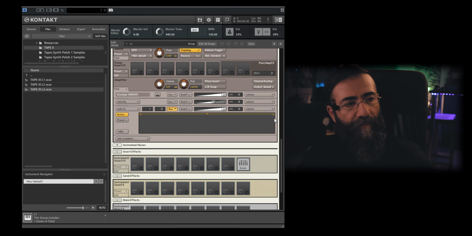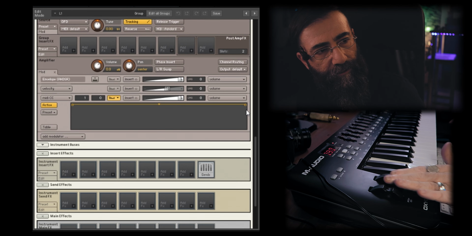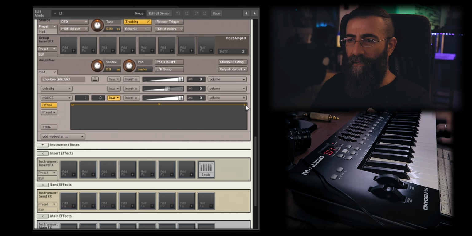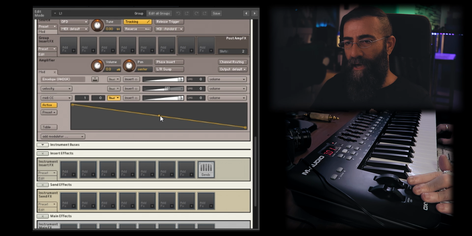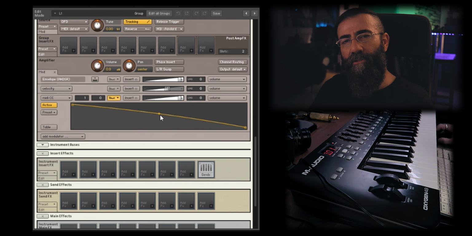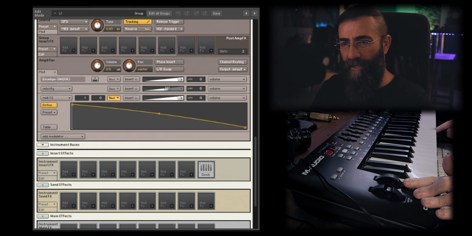Actually, I want group 1 to play at the maximum volume when the modulation is down. Let me switch on this camera so you see what I'm doing. Right, so you see, I want the curve to go the other way. I'll also adjust the slope of the curve. If I play and I modulate up,